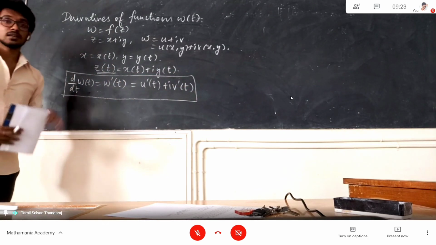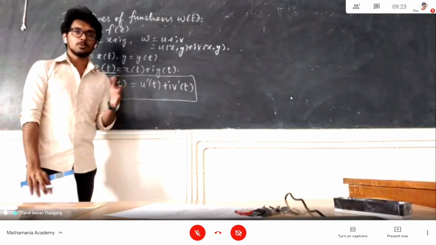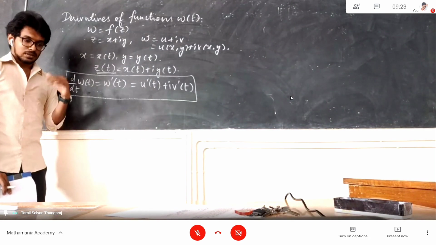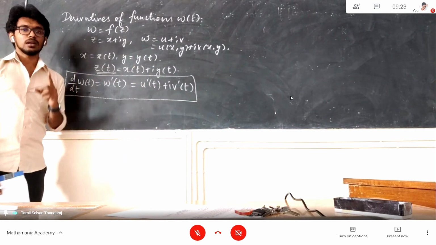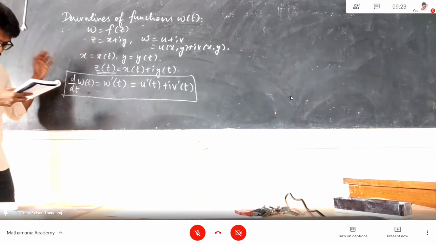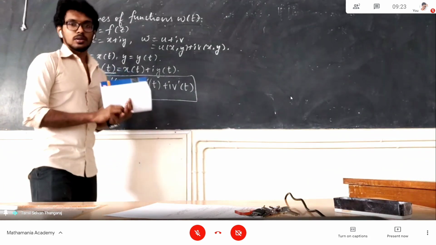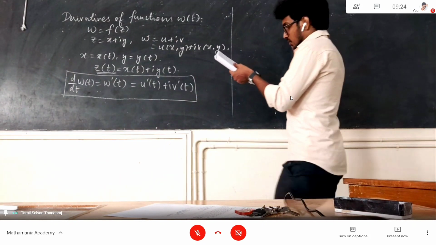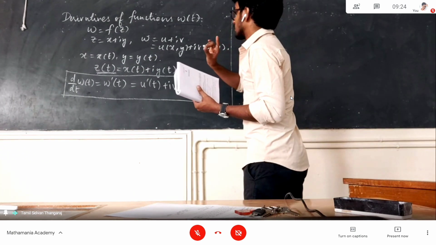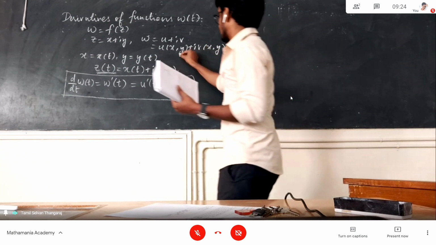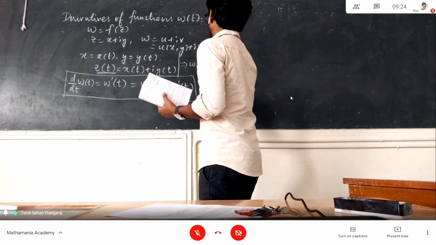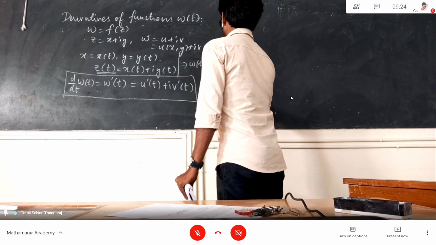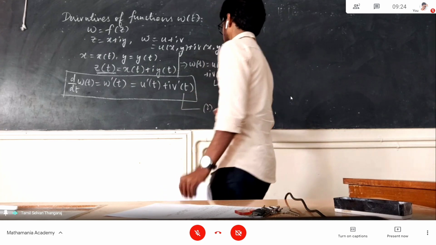When we parameterize the given things, sometimes we may need to parameterize, which means we convert every variable to depend upon only one variable. We do these sort of things. Now let us do some derivation. I think we have a space here. Let me do it here. So from this, what you get is w of t equals u of t plus iota times v of t. Consider this as equation 1 and this as equation 2.